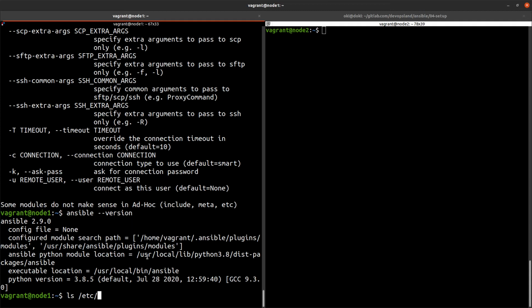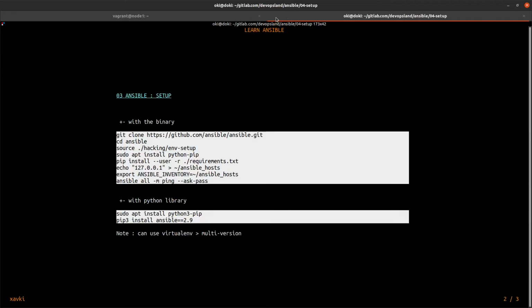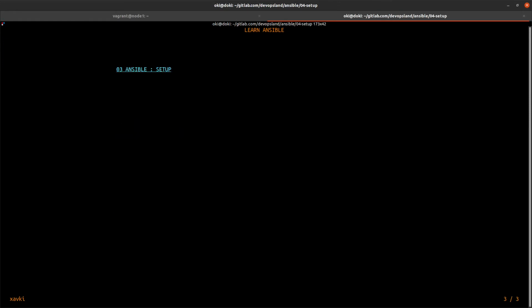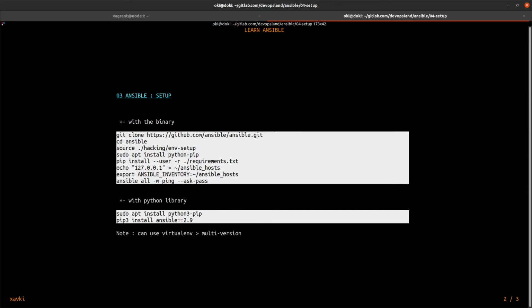I prefer to use apt install or yum install to have Ansible for this reason. But if you use Ansible with Python 3 pip3 install, you could use virtualenv to have multiple versions on your laptop. This is a specific reason to use this install.